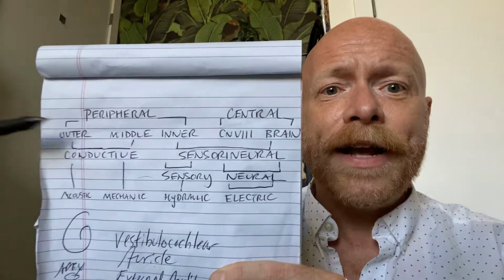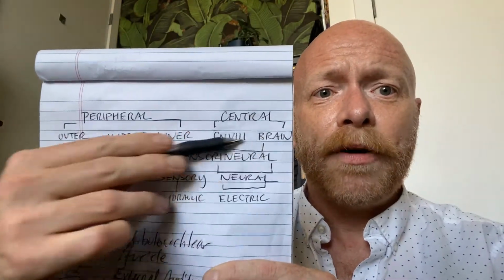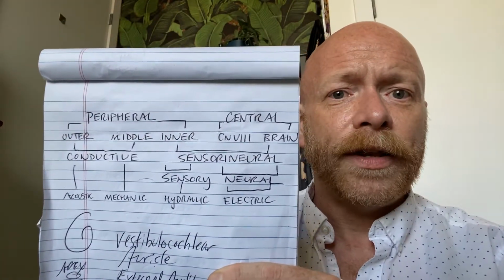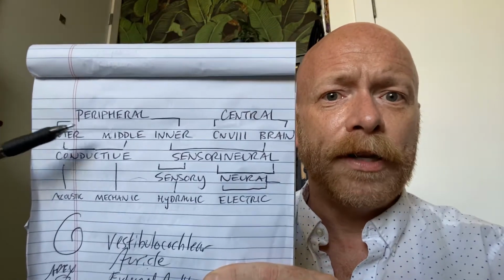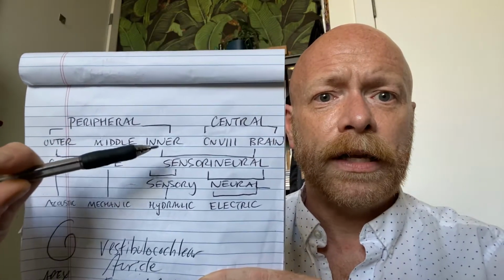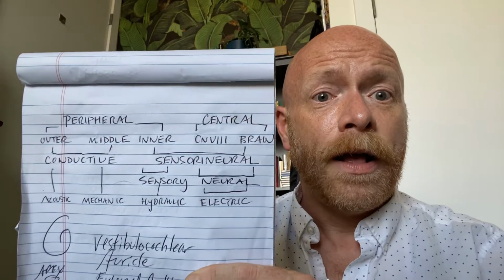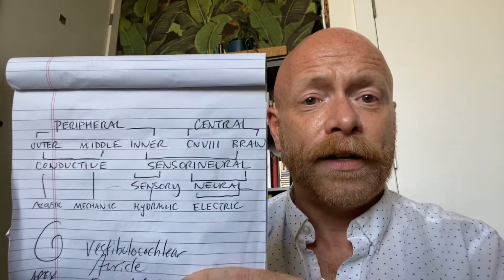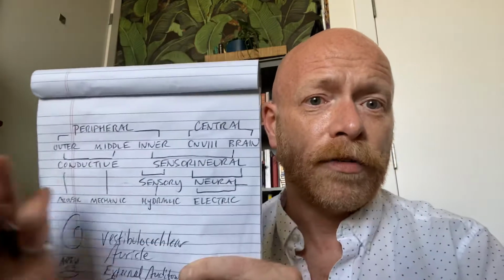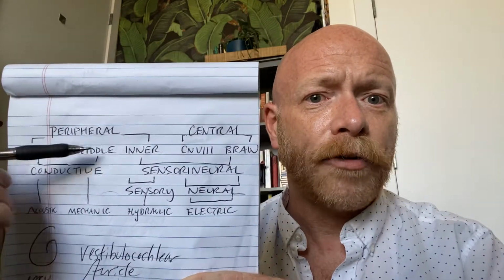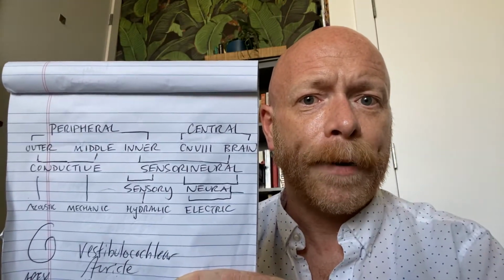After that, we break it down into designations that you're probably a little bit more familiar with. In 8th grade biology, you probably learned about outer, middle, and inner ear, right? And cranial nerve number 8 and brainstem and brain are what we call retrocochlear. They're beyond that. But let's talk about outer, middle, and inner ear for a second.